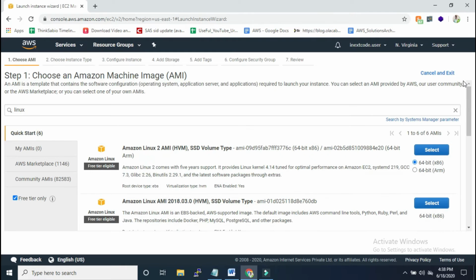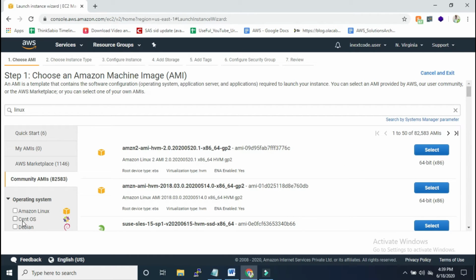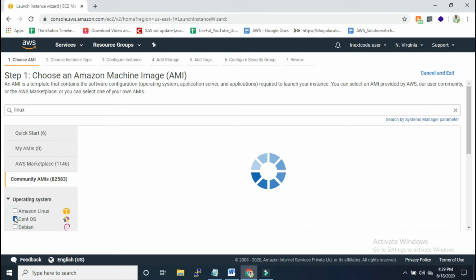I'm just clicking on the Amazon Linux image. Here you have 64-bit and 64-bit ARM. Before that, I would like to tell you, if you want more operating systems, you can select, see, CentOS 2.